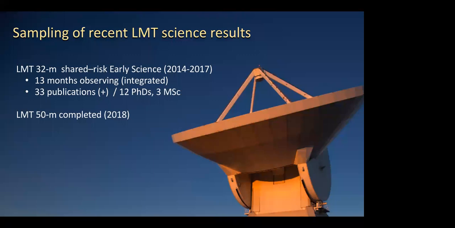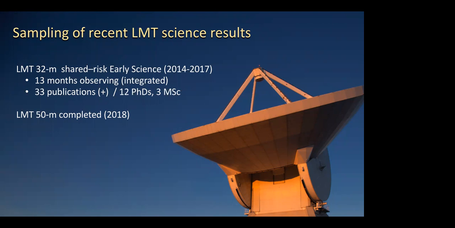Okay, so to give you a little better sense of what these instruments are, I'm going to show some examples of science results that came out of some of our early science operation. A 50-meter diameter telescope takes a long time to build. So in early 2010 or so, we decided we'd pause the construction, do some early science so people would get a taste of what the telescope can do, and then complete the 50-meter construction.